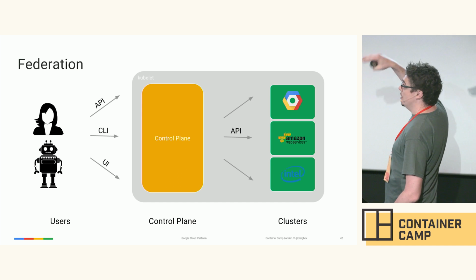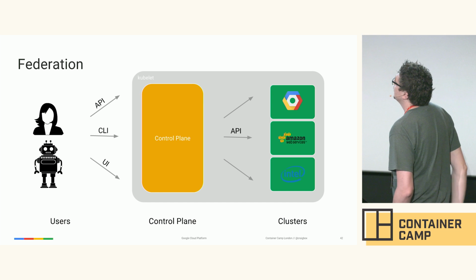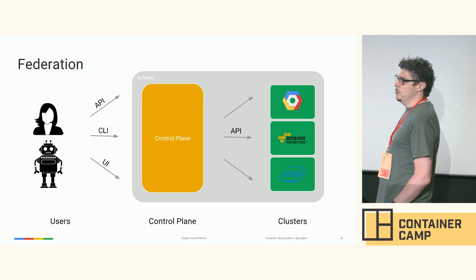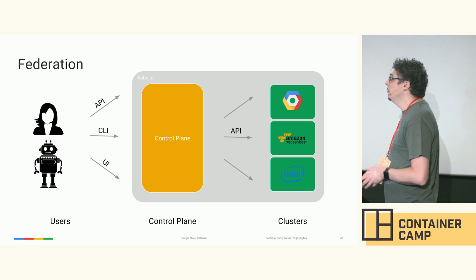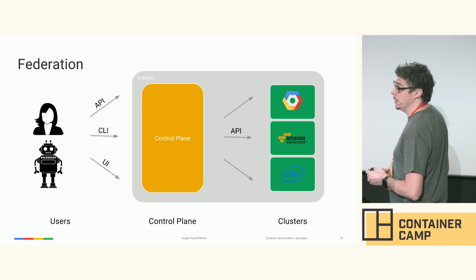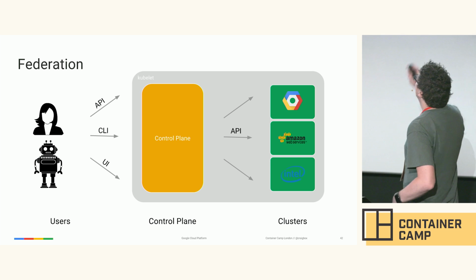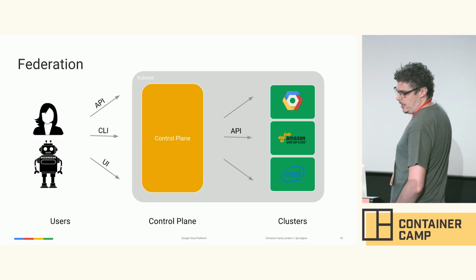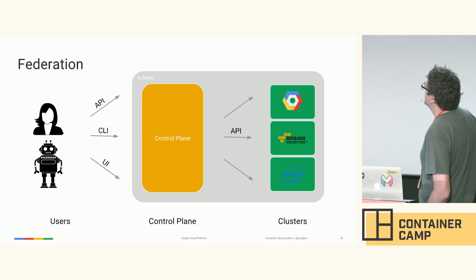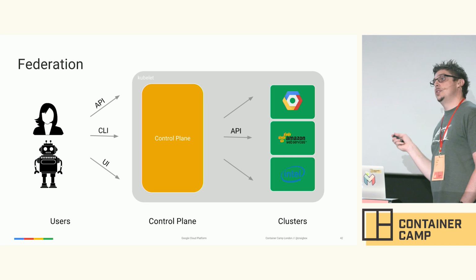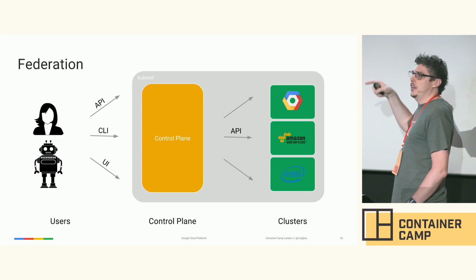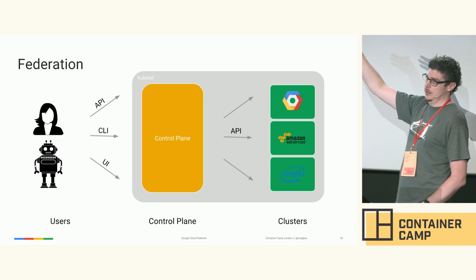Federation moves the layer of abstraction a little bit further up. And so now we have a control plane, which again looks kind of like an API. It actually speaks exactly the same API as Kubernetes, so you don't need to change anything. And then instead of having nodes on the right-hand side of this picture, you have clusters. Like the nodes in the previous picture, the clusters don't know anything about each other. They communicate their state back to the control plane.